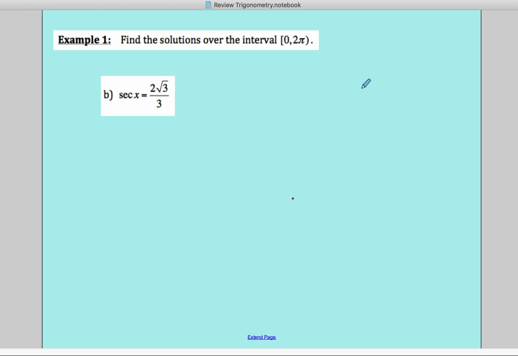All right, our next example involves a reciprocal function. So if you see secant, cosecant, cotangent, the best thing to do is to turn it into something in terms of sine, cosine, tangent, because we can get them off of our unit circle. So secant, that is a reciprocal of cosine. So I'm going to rewrite secant as 1 over cosine of x equals 2 square root of 3